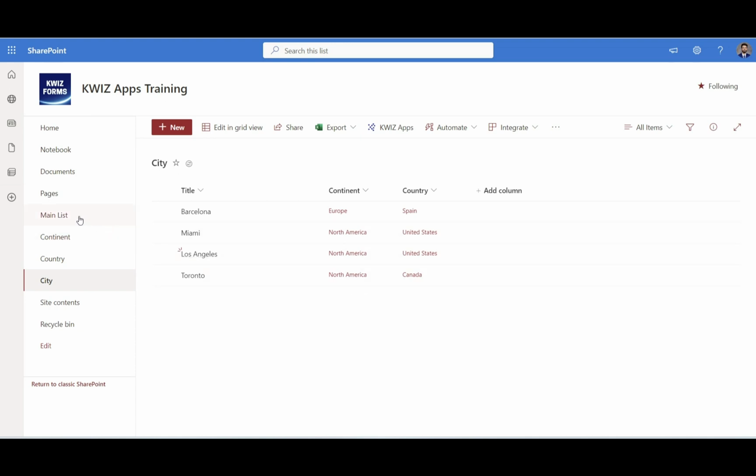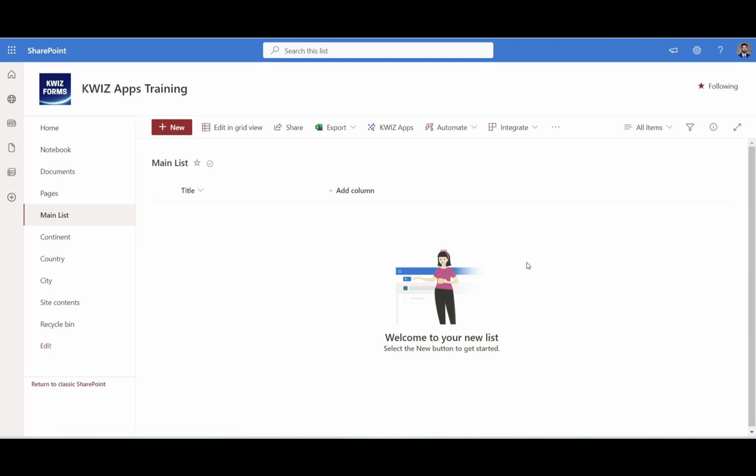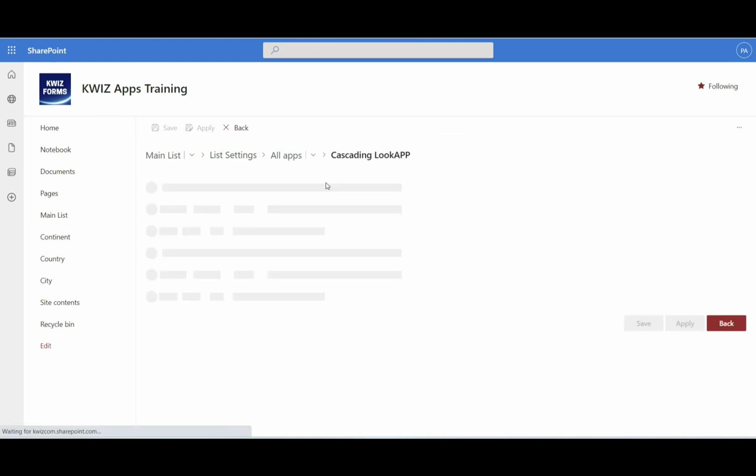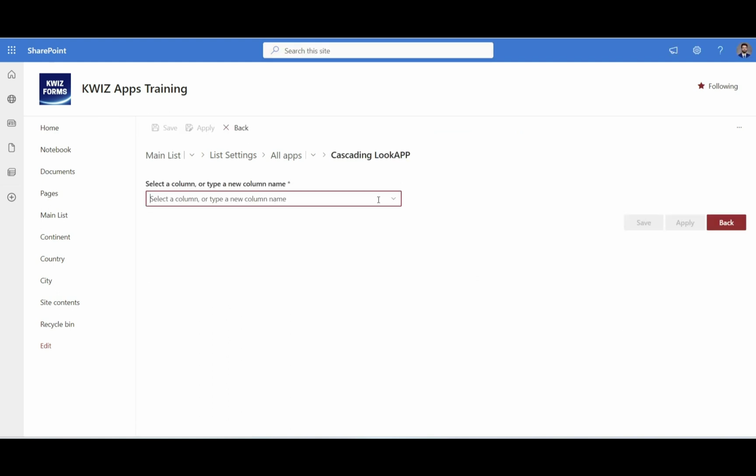In this main list, you're going to want to head to the KWIZ apps on the ribbon. When you go to the KWIZ apps, you will want to select the settings wheel beside Cascading Lookup. And in Cascading Lookup, you will create all three columns that pertain to the three lists that you created outside of your main list. So firstly, we will